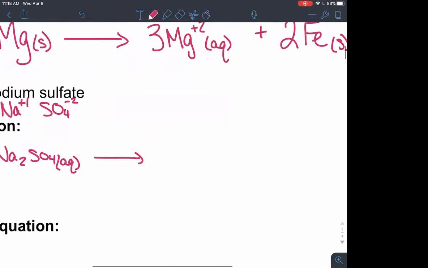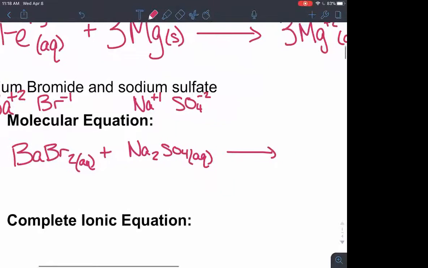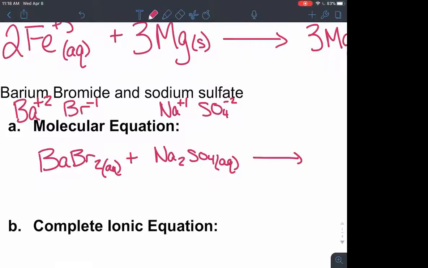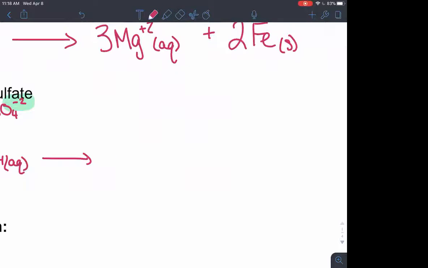BaSO4 2. So careful, because look at the charges of Ba, so it has a +2 charge, and SO4 has that -2 charge. So what happens if they both have the same charge? They cancel out. So it's just going to be